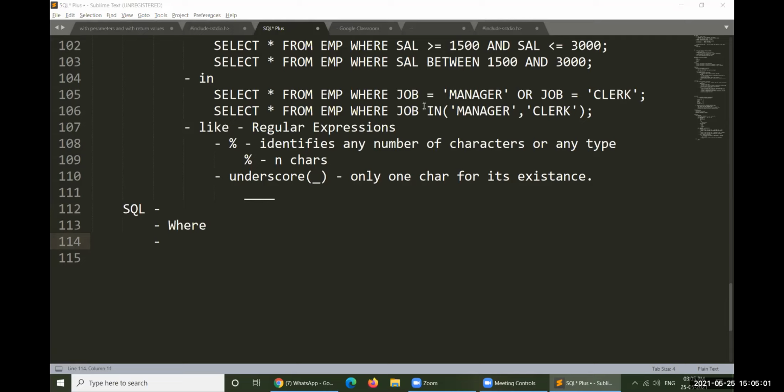We are going to study the GROUP BY clause today, which is followed by the HAVING and ORDER BY clauses.